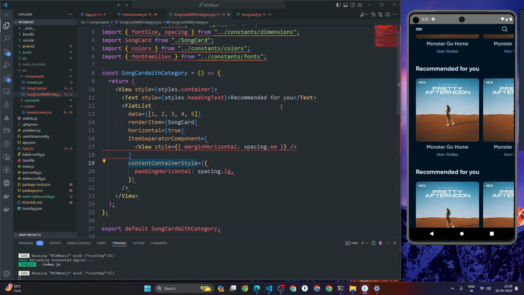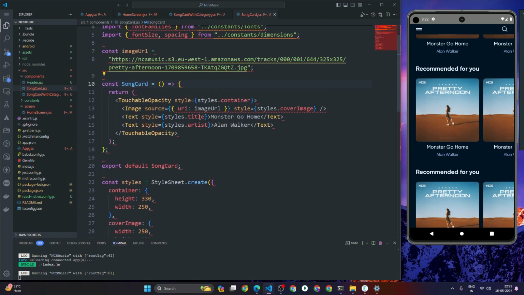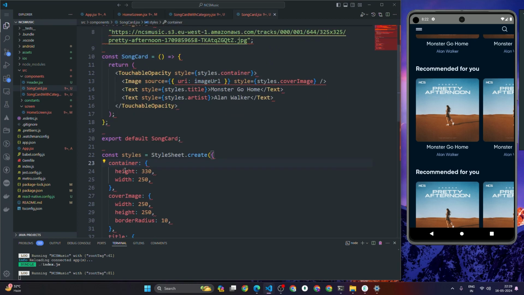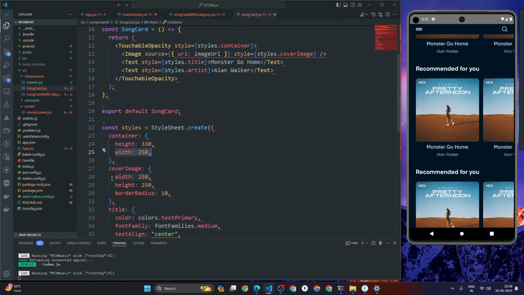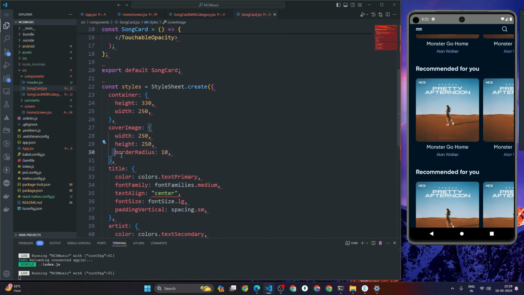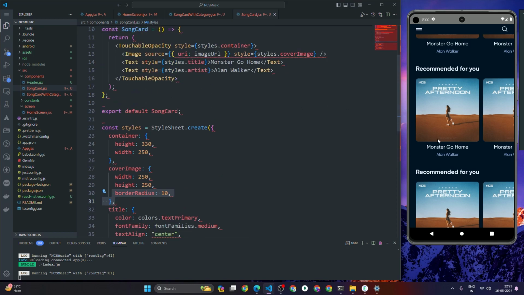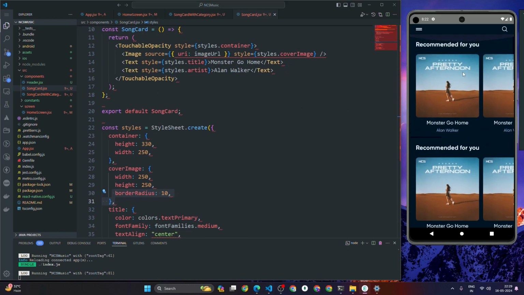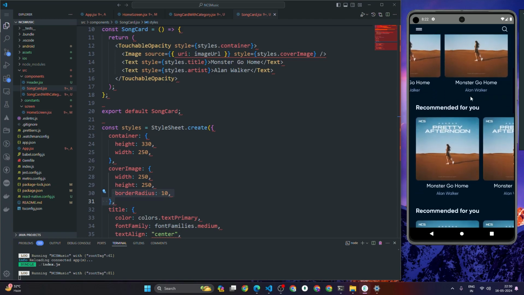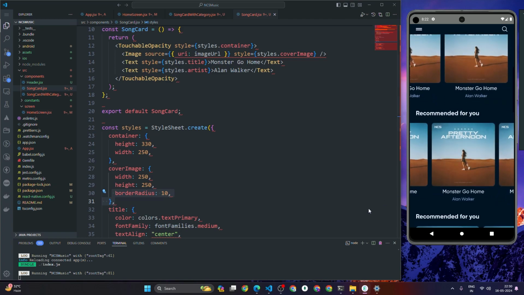Now after that we also created a song card component, and in the container we defined the height as 330 and the width as 250, and we defined the cover image as 250 width and 250 height as well. After that we defined the border radius and the color of the title and the artist. All right, so this is the home screen. This is how we designed the home screen in our React Native app. Okay, this is looking good. All right, now